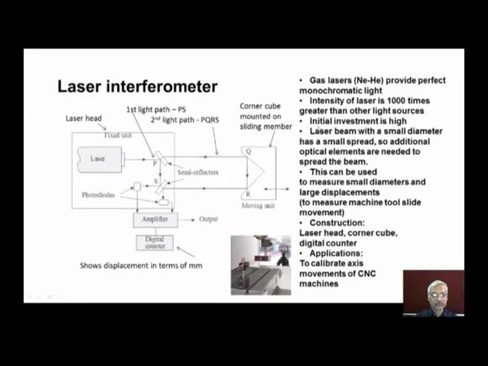The drawback of laser interferometer is its high initial investment, and other drawback is since the laser beam will